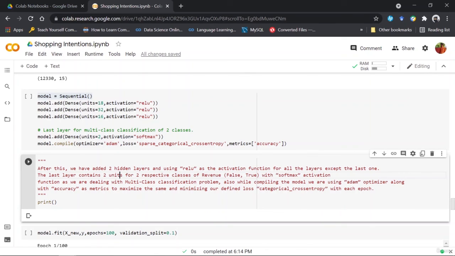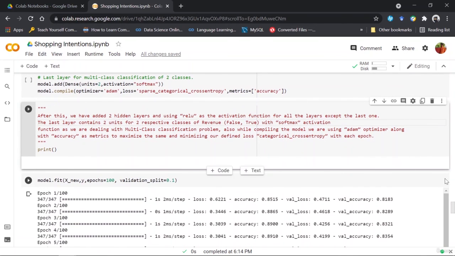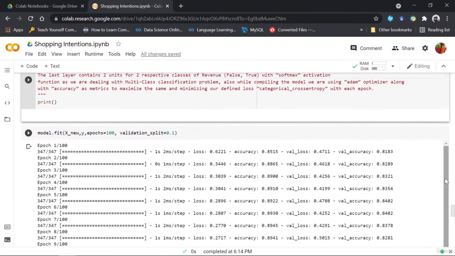Let's say there are classes A, B, C, D, not just true and false. That's when categorical cross entropy is used. Or when there's only a two class prediction, we mostly use binary cross entropy or maybe sparse categorical cross entropy for sparse data.